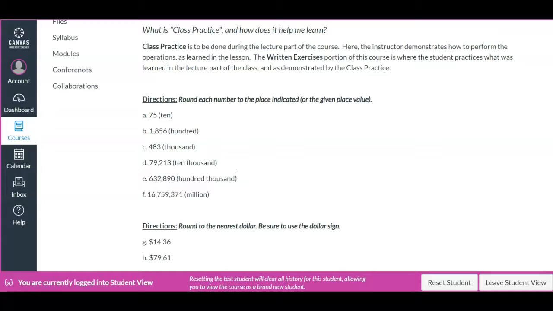If you're dealing with money, it's the same thing. Just don't forget the dollar sign and don't forget the decimal in your answer. And circle your answers. Okay? So from here,